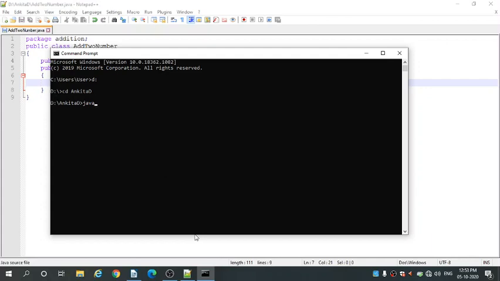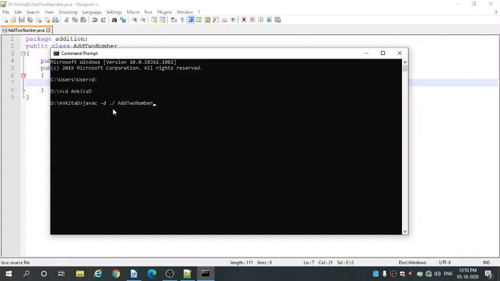To compile the package, write javac -d space ./ space AddToNumber.java. Okay, this line helps you to create a directory or a folder with the name addition into your folder. Okay, -d is your directory name,